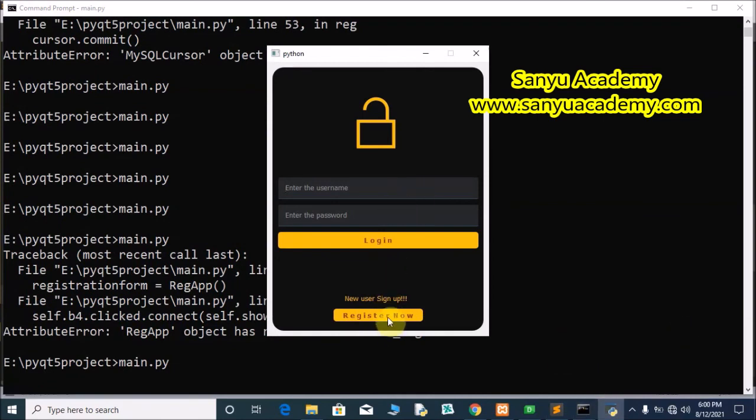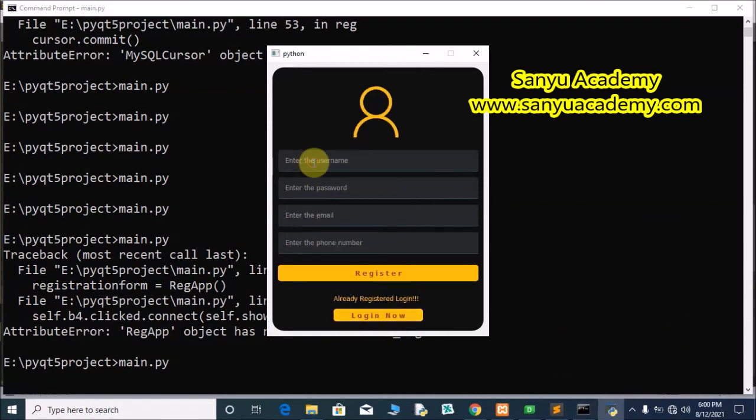Now click the register now button. Enter the new username: Raj. Password: 789. Email ID: raj@gmail.com. Phone number.